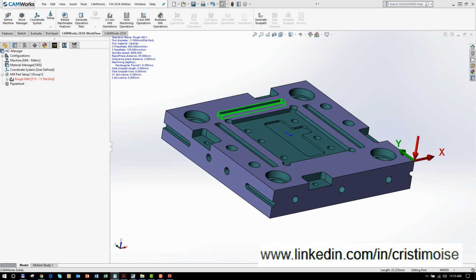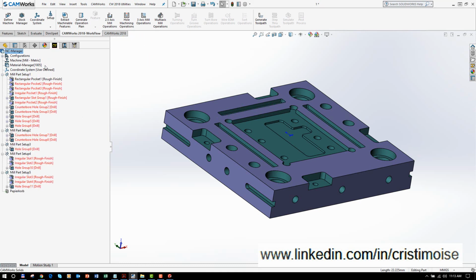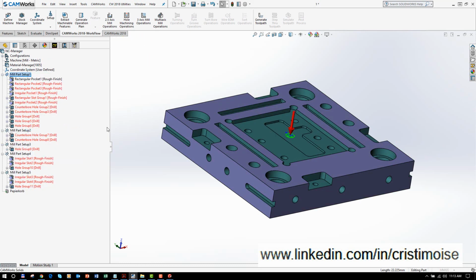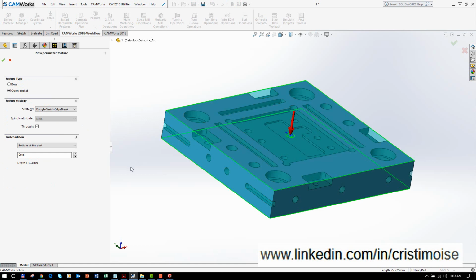From this new version, the part perimeter feature has been improved. Just right-click on the mill part setup, part perimeter feature, and until today, the part perimeter was always defined from the top to the end of the stock according to the exterior